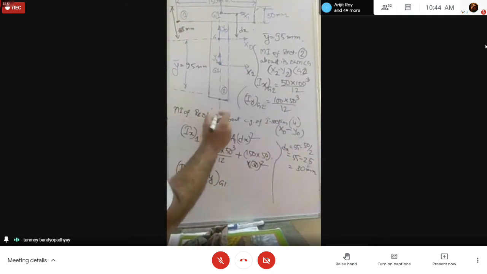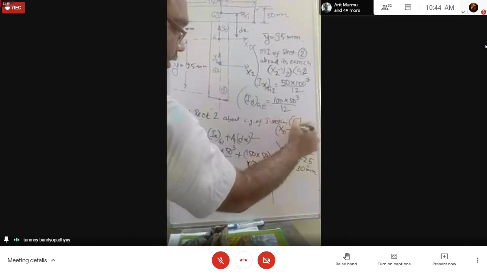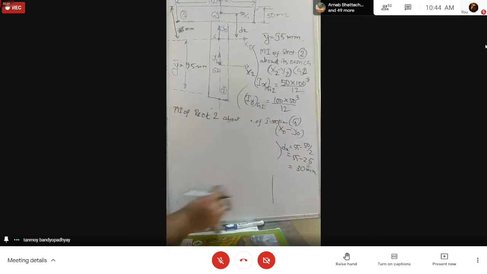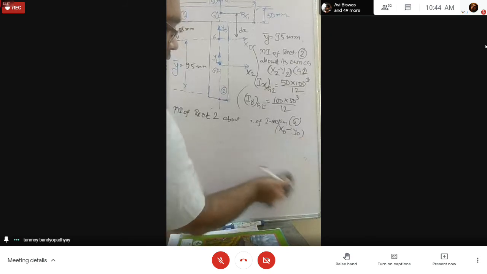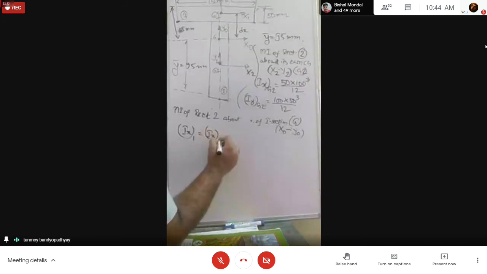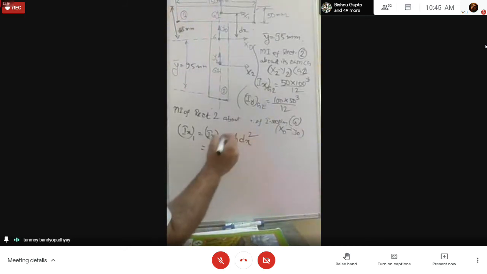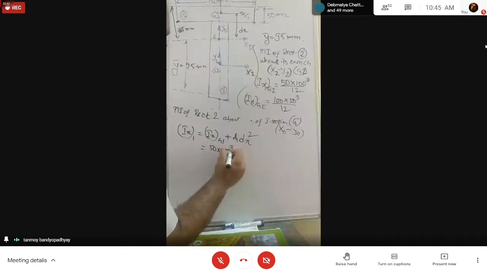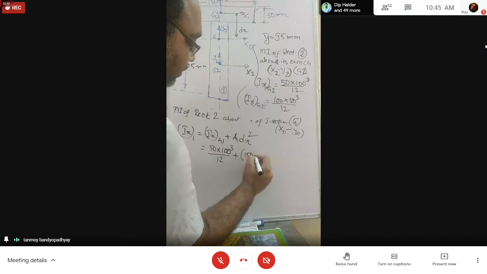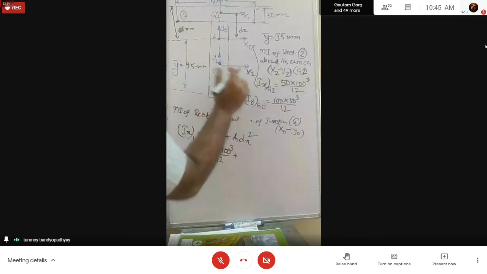Similarly, the moment of inertia of rectangle 2 about CG of the I section, so this portion remains the same, it is x0, y0. So now we have to calculate Ix2 and Iy2. So what is Ix2? Ix2 will be equal to Ixg2 plus A2 into dx square. So Ixg2 is 50 into 100 cube divided by 12 plus A2. A2 is, sorry, I wrote this wrong. So this is 50 into 100 into